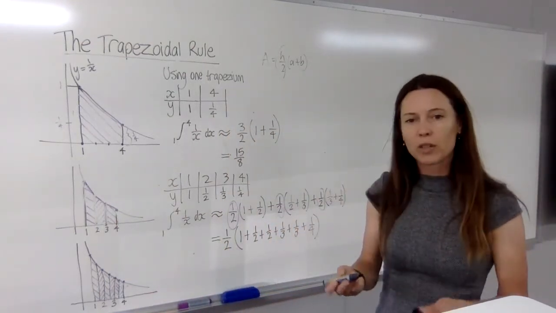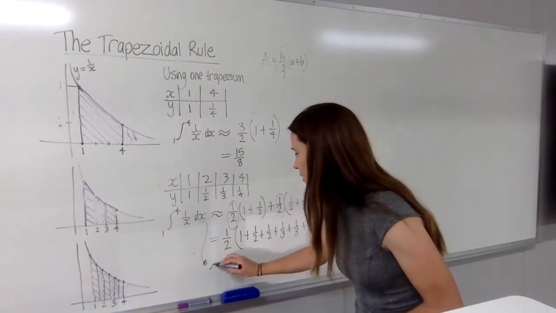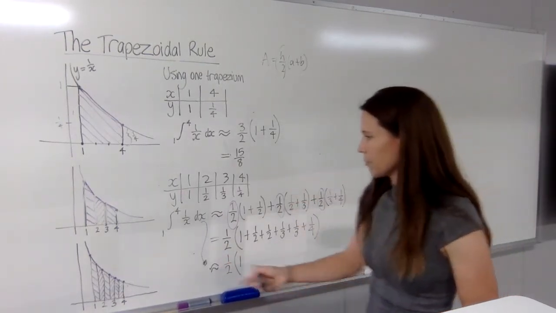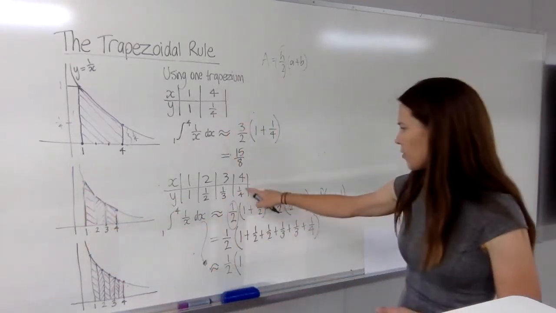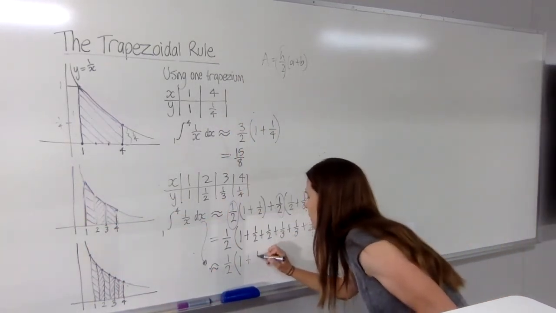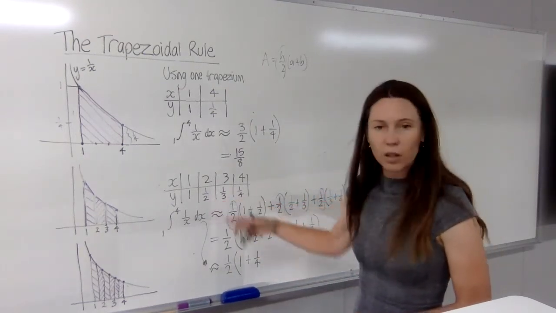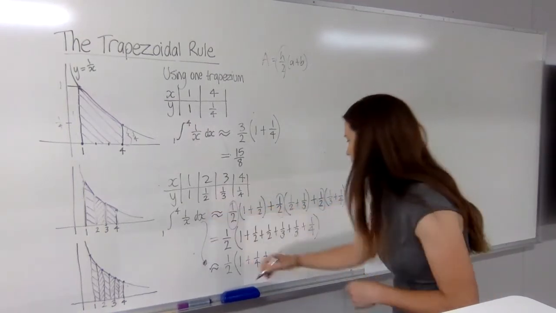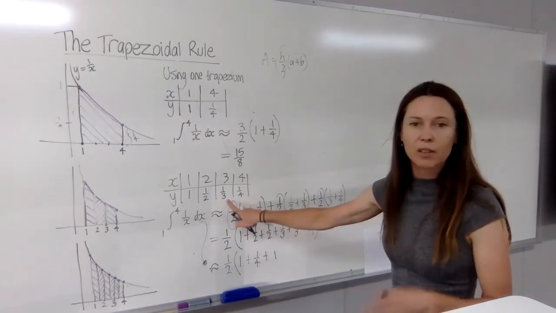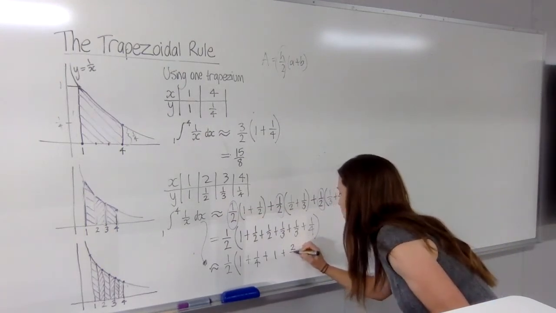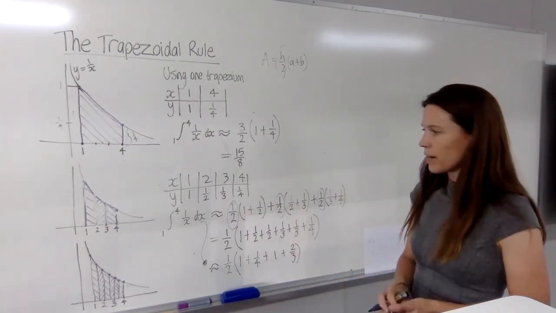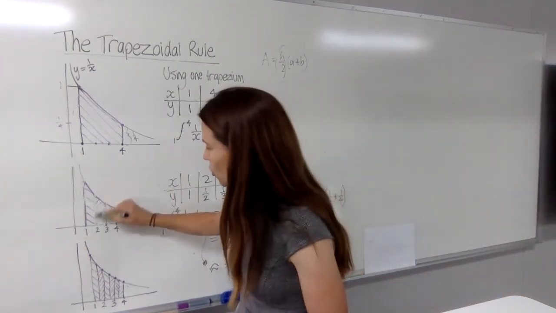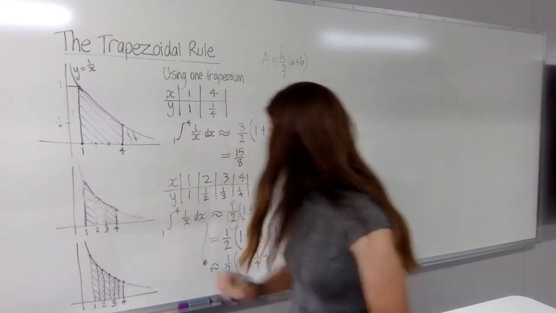So once you know this shortcut, you could come straight down to here and say it's roughly equal to half of. Now I've got 1, because I've got one of these, and I've got one of those, and then I've got 2 of everything else added up. So I'd have 2 lots of a half, which in my head I can say that's 1, and 2 lots of a third, which in my head I can say is 2/3. And this makes your working a lot quicker and easier, but it's really important you understand what it is you're doing and why you're grabbing 2 of these lengths, but only 1 of those. So we'll have